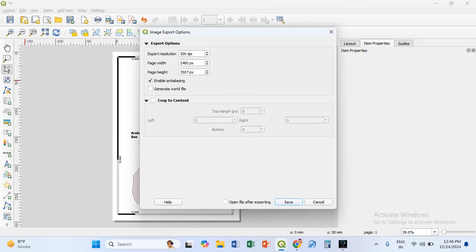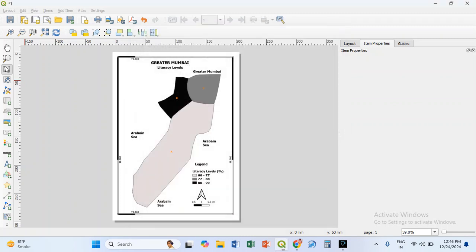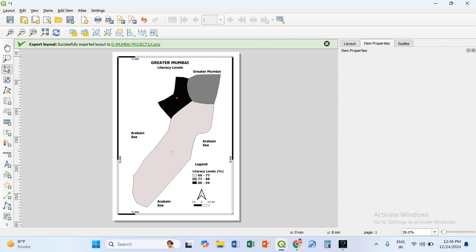Now if I want to print the image on flex or banners, my resolution has to be really big. If I am using it only for printing or digital purposes, my resolution can be 300. So let me change it to 900 because maybe in future I will use it for other purposes, and I will save. It will take some seconds, and as it flashes the message here, export layout successfully exported, you can then minimize it